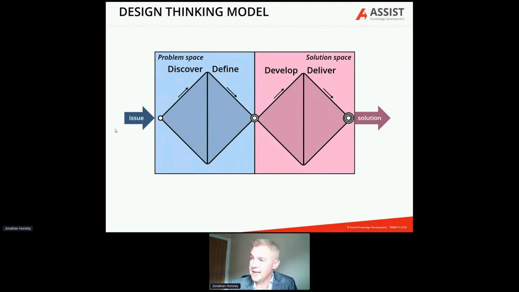What it does is it starts off with an issue. You've got to have an issue, a problem or an opportunity that needs looking at or needs some further work. And this upward angle of the first diamond, where you're looking in the discovery phase, is all about gathering insights. It's all about trying to explore the widest possible range of ideas. This is where we're doing divergent thinking. We're casting a very wide net on all of the ideas as to what may or may not be the